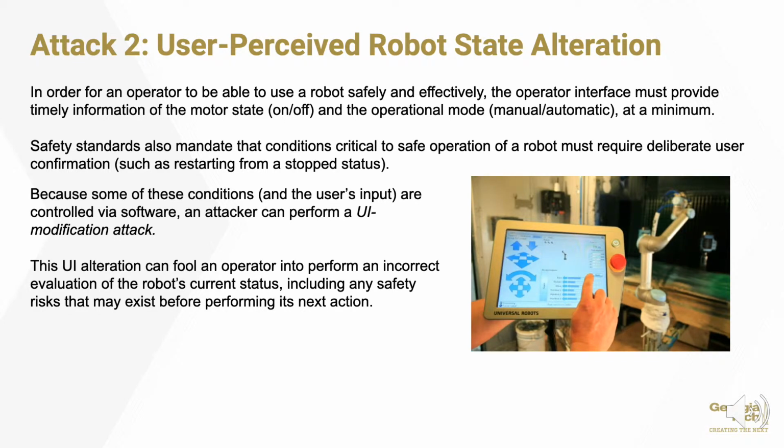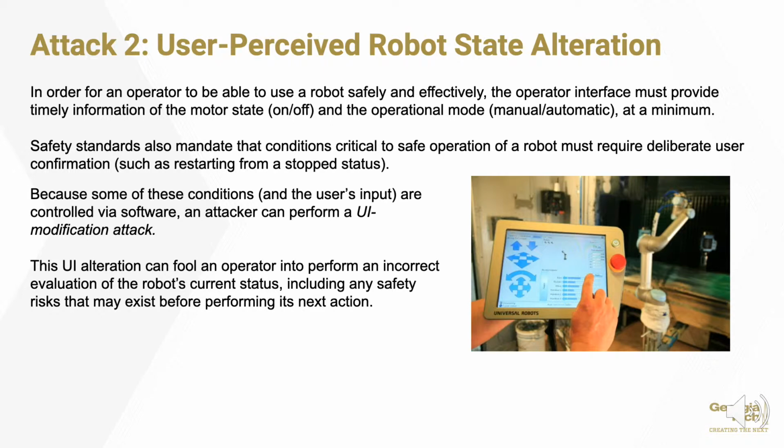So the second attack type is the user-perceived robot state alteration, which is really just kind of a fake out for the operator. Of course, operators use robots through their human interfaces, those Teach Pendants and other screens. And in order to use a robot effectively, the operator needs to be able to trust what they're seeing on the screen, the data that's being supplied from the controller, and the commands that are being issued and then acknowledged